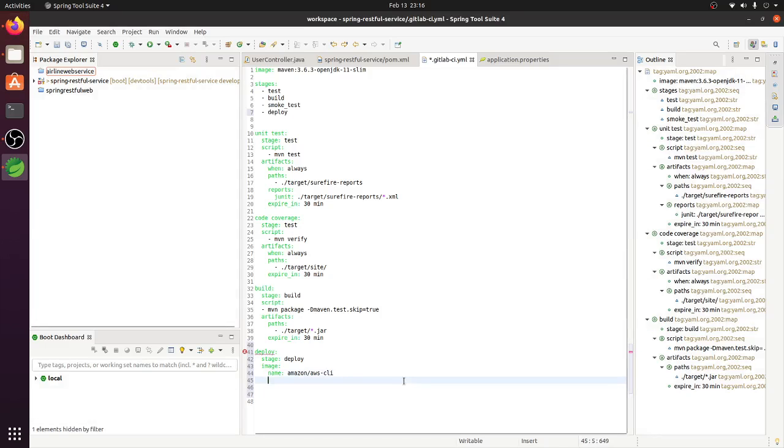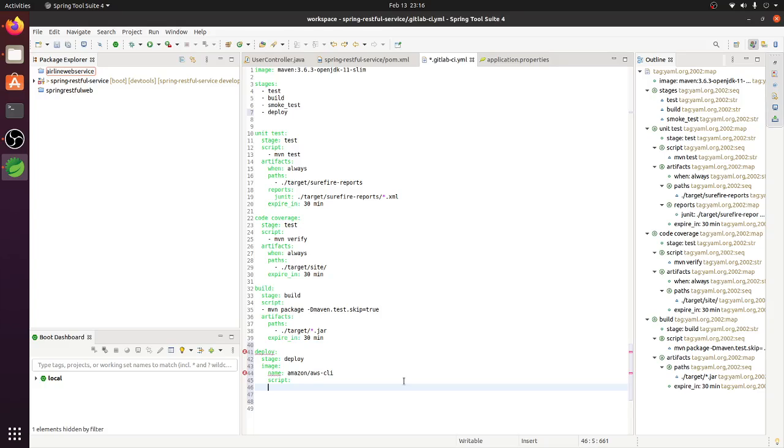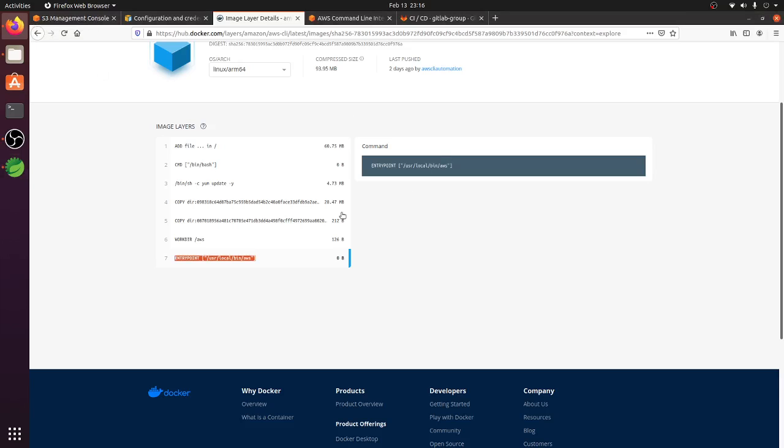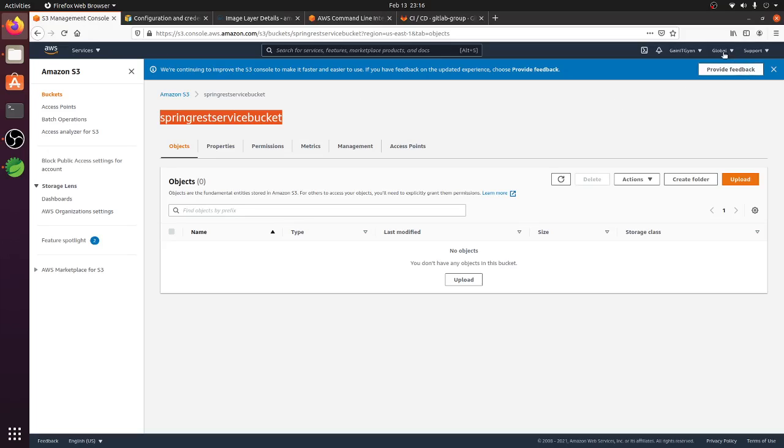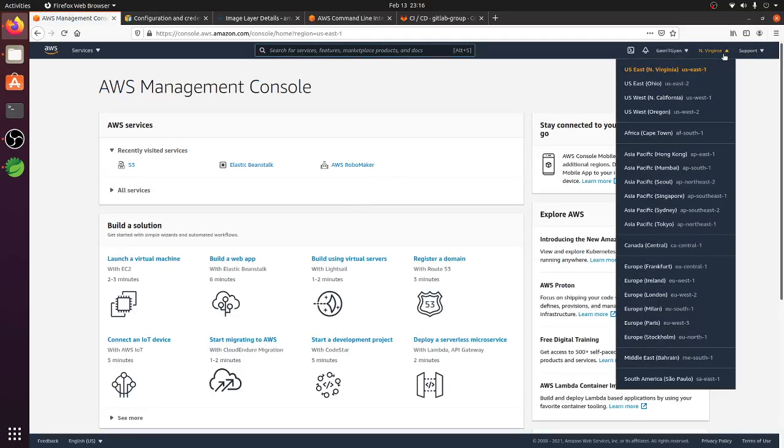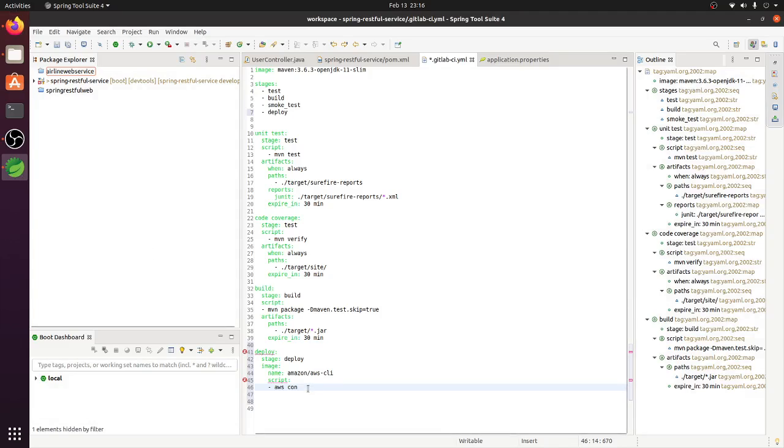So next, we are going to add the script. And the script that we are going to run is the AWS command. First we'll configure the region, and the region of the S3 bucket we have is, let's go to our services, US East 1. So that is what we are going to set the region to. Configure, set region